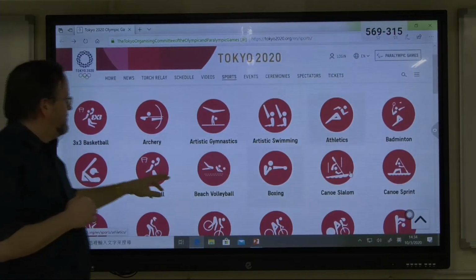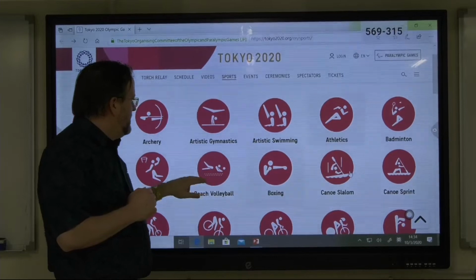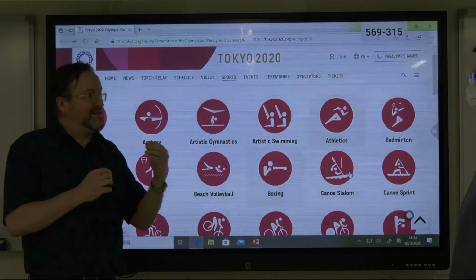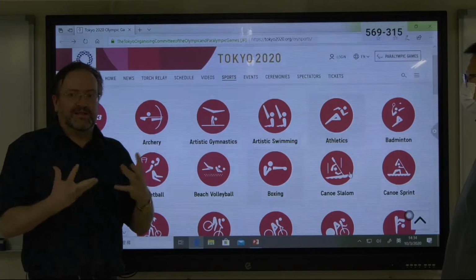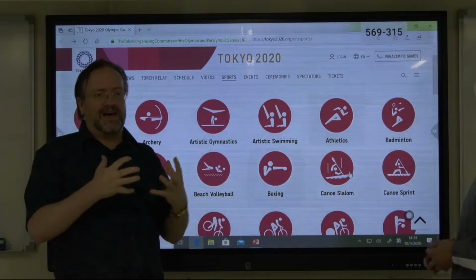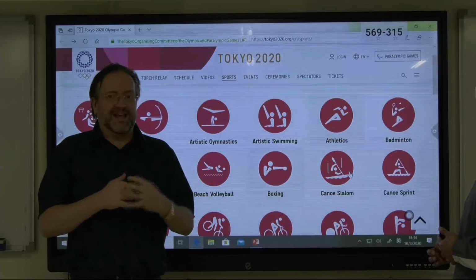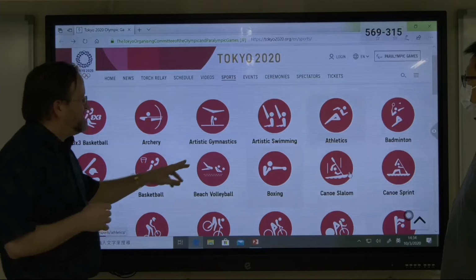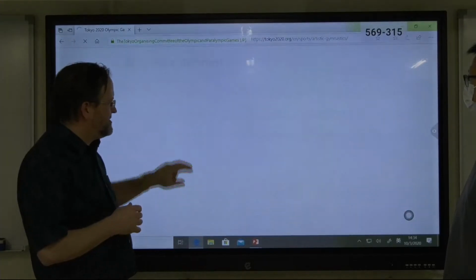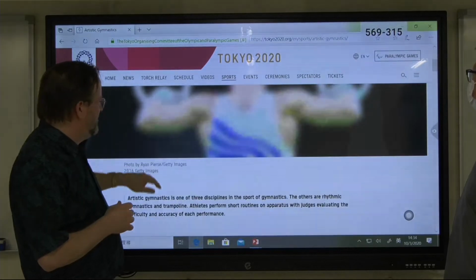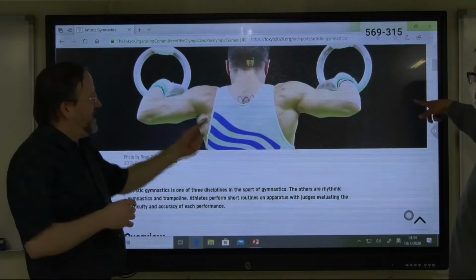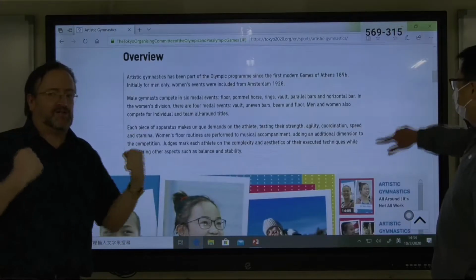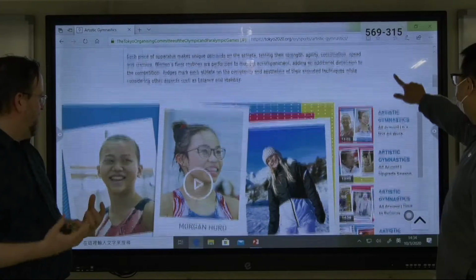All right, so going through some of these, artistic gymnastics. I really like the sports where there are some artistic qualities to the sport. So in the Winter Olympics, you have the artistic ice dancing, ice skating, where they have to put on a dance. I love those. Artistic gymnastics is very similar to that, where they have to put on a show. Oh, but our picture quality isn't too good. They have to do swirling around, and they have to put on a show, not just show off their strength. They have to have some artistic merit as well.